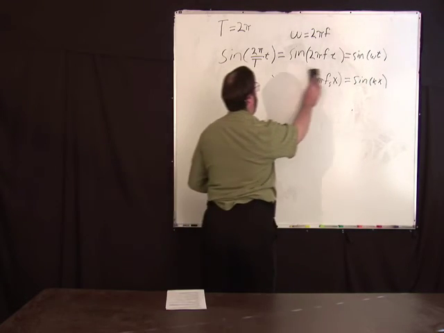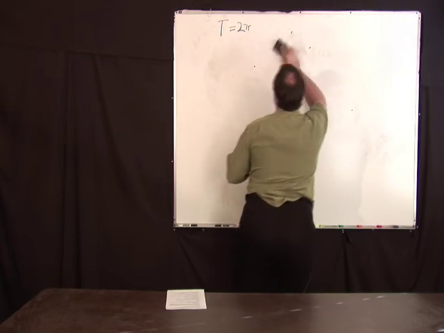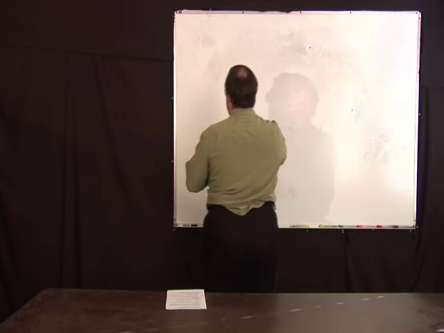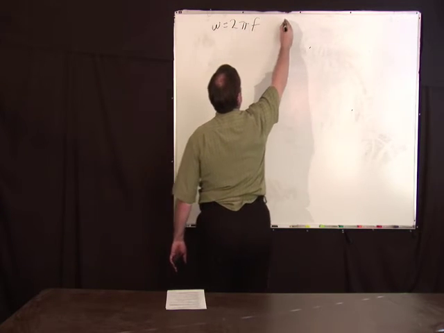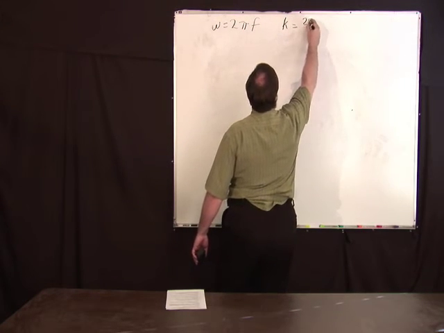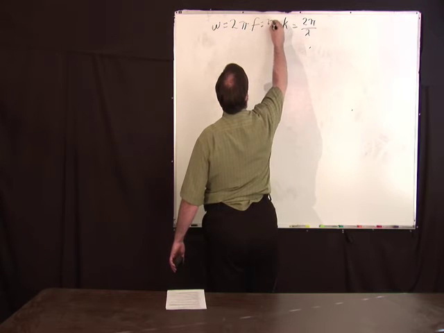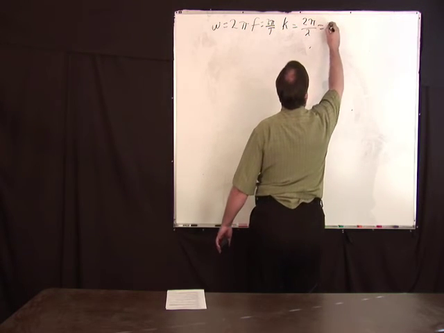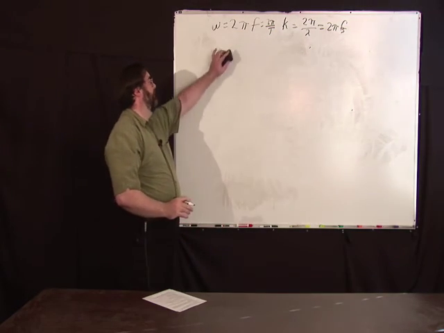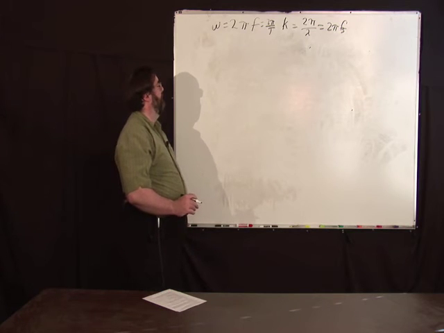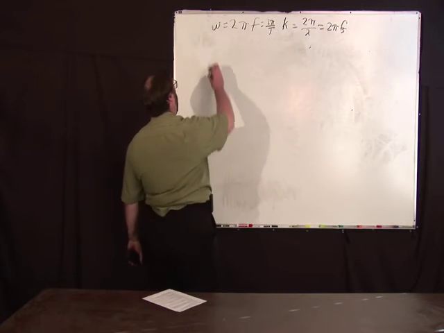And I'm going to write some things here. Things to remember. For sinusoids, we got these terms: omega equals 2 pi f, and k equals 2 pi over lambda. Of course, this is equal to 2 pi over the period, and this is equal to 2 pi times the spatial frequency. Okay, they're exactly the same. They're just given different symbols and different interpretations. Now we're going to talk about the